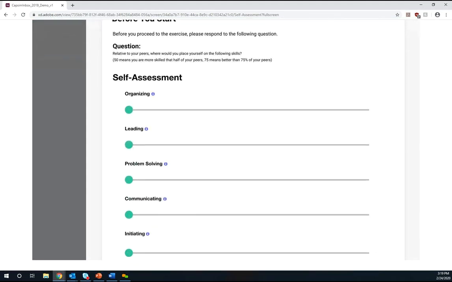Then they go into that self-assessment component I was referring to. So we're asking them, relative to your peers, where would you place yourself on the following skills? And these skills can be determined directly from the author, or we can suggest some to them based on previous inboxes that we've created. But typically, these are either going to fall into more of a soft skill category, like